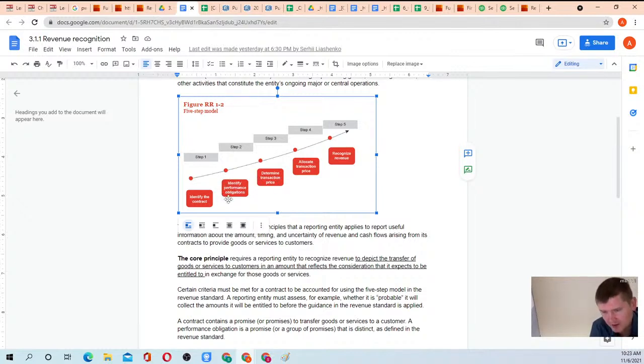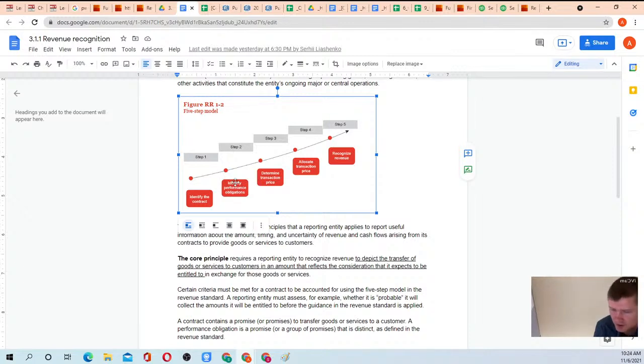That model is built for complex contracts. Like you can have one contract that says a customer should pay me $100,000 for that piece of equipment, for a 10-year warranty on that, for service, 10 years of free service and free spare parts for that piece of equipment. Now, when you sell the equipment to your customer, you do not just sell an equipment, you sell a lot of different services, warranty, support, spare parts possibly,